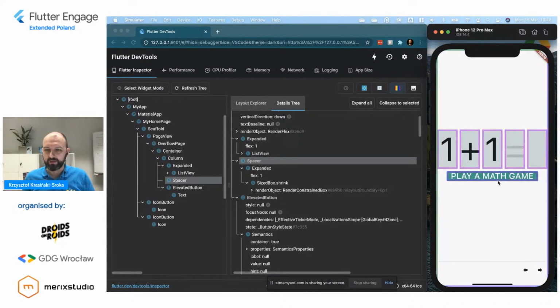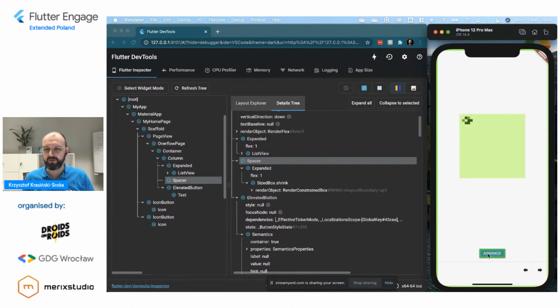You can see, for example, here, there's something being repainted in several places. If we also have performance problems with, for example, huge stacks of things being repainted, we can use the repaint rainbow, which is going to show us very nicely which parts of the application get rebuilt every time we do something.